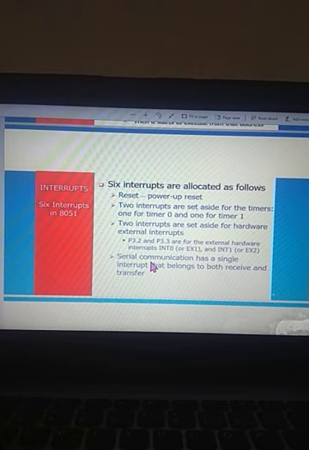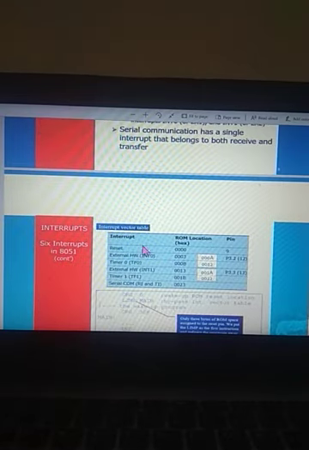Actually, in serial communication we have a single interrupt, but particularly two flags are associated with it. We will see it. Let us take this interrupt vector table, then I will come to the serial communication interrupt. The reset interrupt takes location 0000, the starting location. Then external hardware interrupt INT0 starts from 0003. Why?